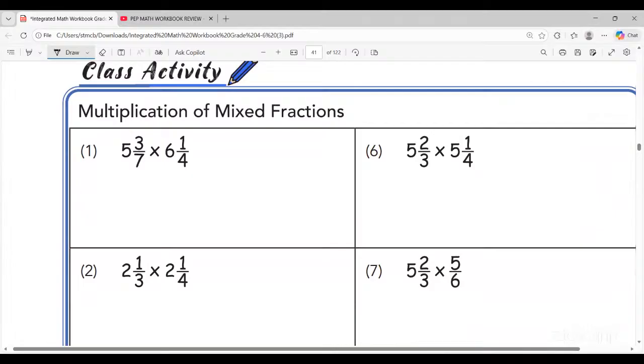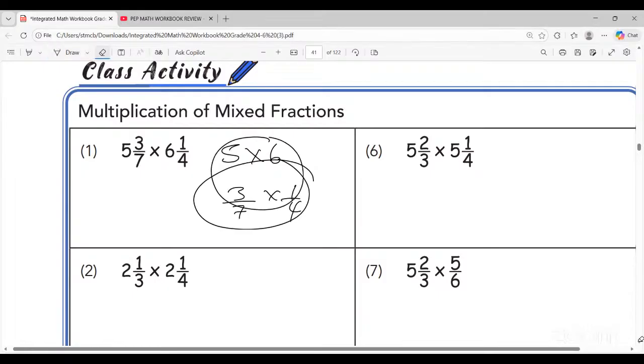Don't limit your child or your students, alright? So we have 5 and 3/7 multiplied by 6 and a quarter. And guys, one of the common errors that students make is they will multiply 5 times 6 and then multiply 3/7 times a quarter. That cannot work. So let me just erase that, all right? What we have to do,